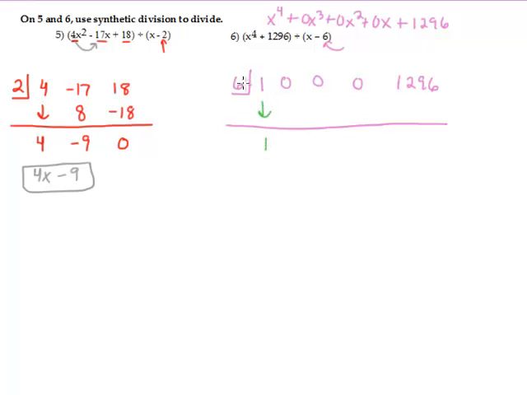So drop the 1, multiply, 6 times 1 gives you 6, 0 plus 6 is 6, 6 times 6 is 36, 0 plus 36 is 36, 6 times 36 is 216, 0 plus 216 is 216. 6 times 216, I think, is 1296. Let me just do some math. Yep, 1296. Oh no, if only one of those was a minus, they'd cancel each other out, but they don't, so we actually have to add them together. So that gives us